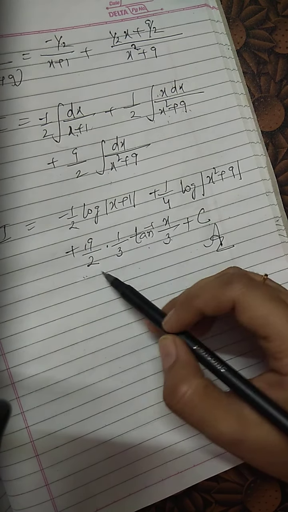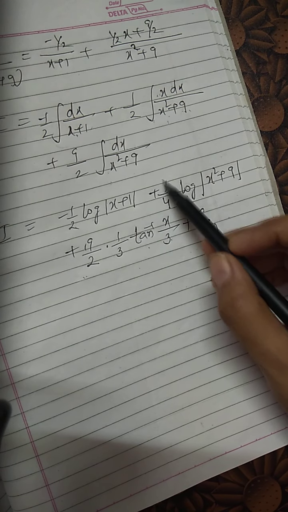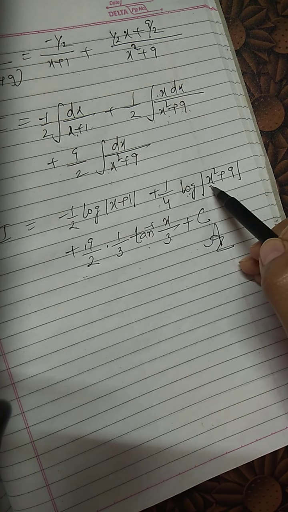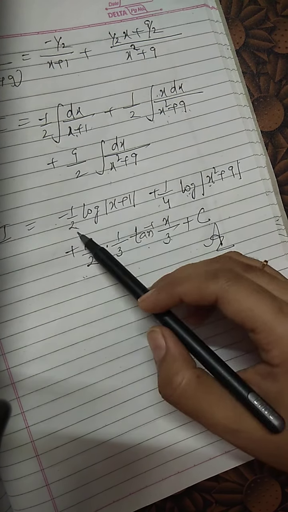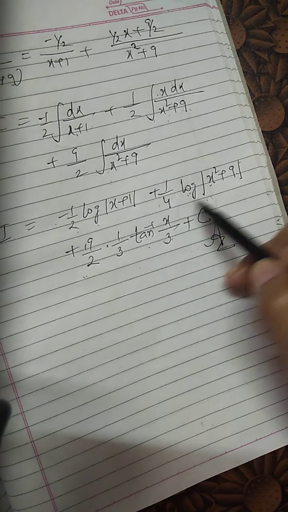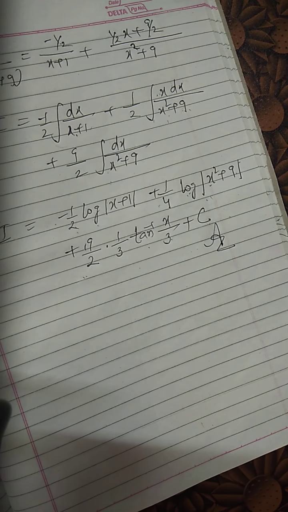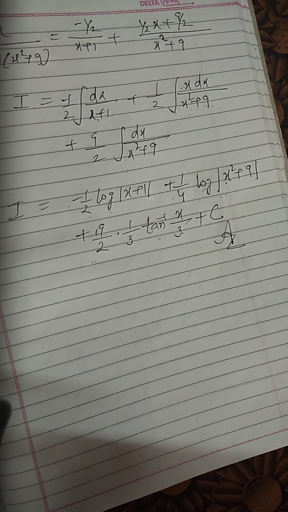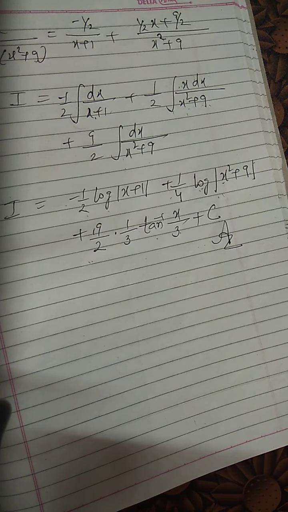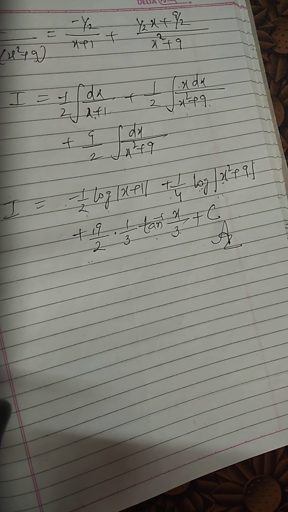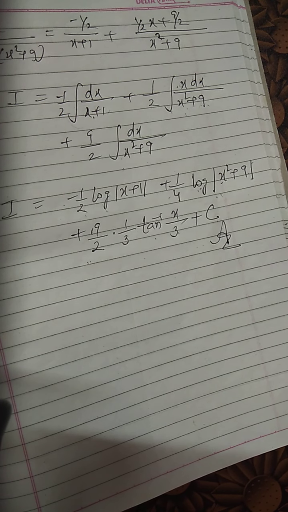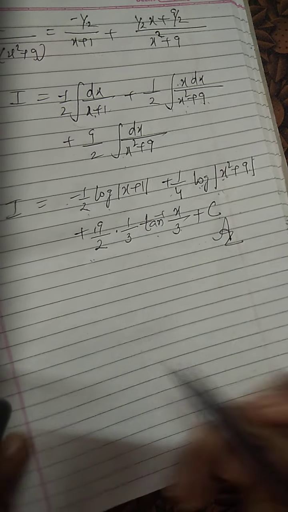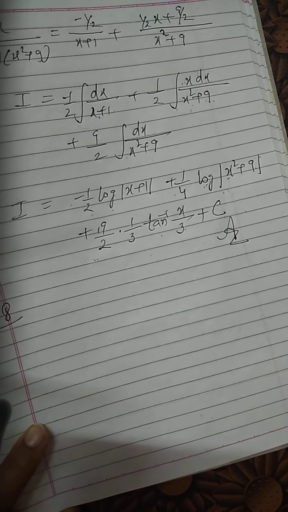It will become 3 by 2 here, and 1 by 2 log of root x square plus 4 also, square of x square plus 9, and this term if you want to club, you can club, or if you leave the answer here, then also it is perfectly fine. So this is sum number 6. Sum number 6 and 7 in my book, both the statements are same, so we can leave that sum.